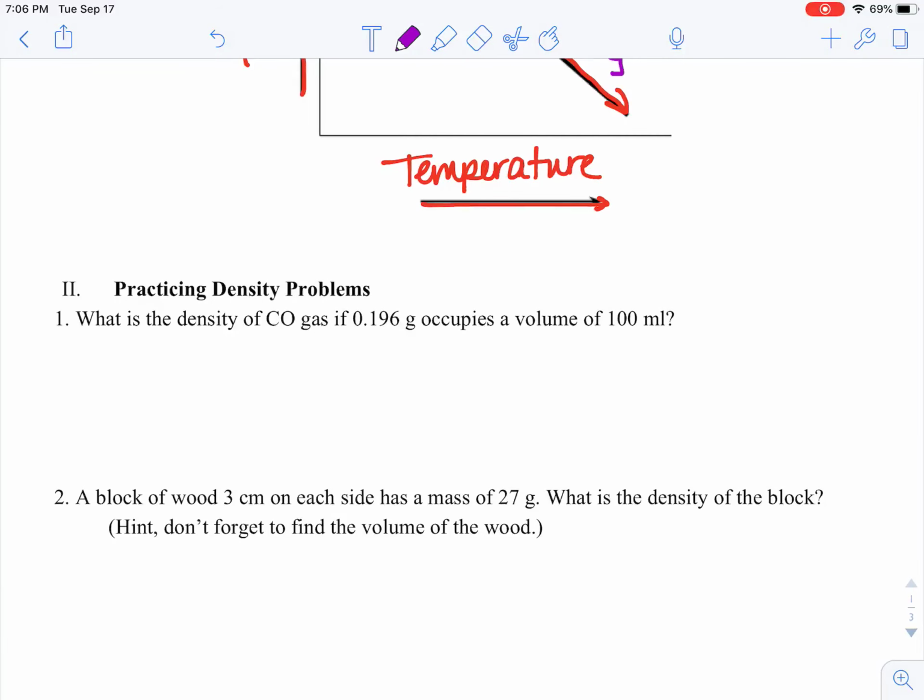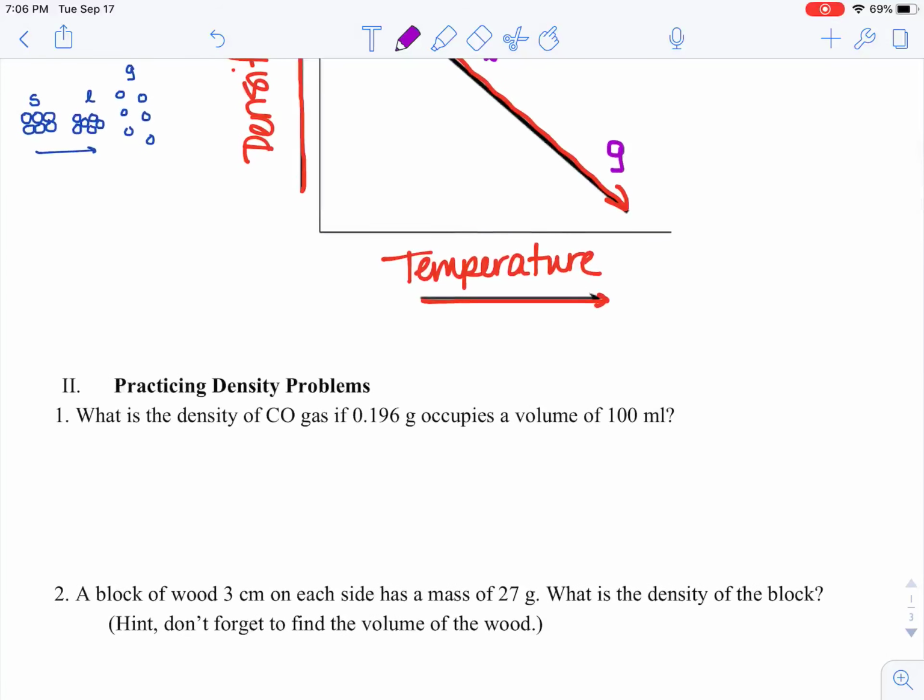So the kinds of questions that we might see, here's a reasonably straightforward one, is what is the density of carbon monoxide gas if the particular sample that we're looking at has a mass of 0.196 grams, so that's our unit for mass,